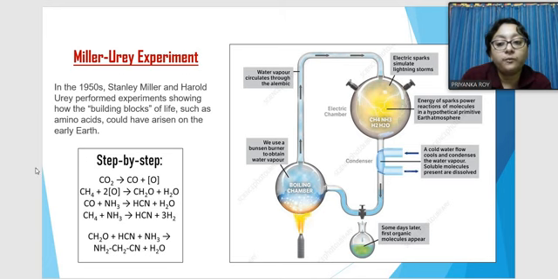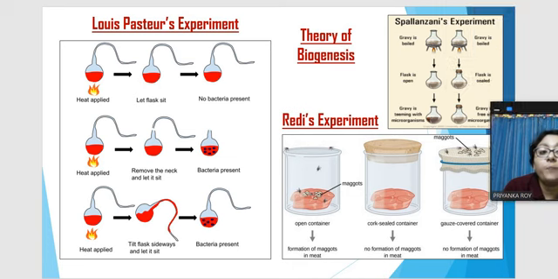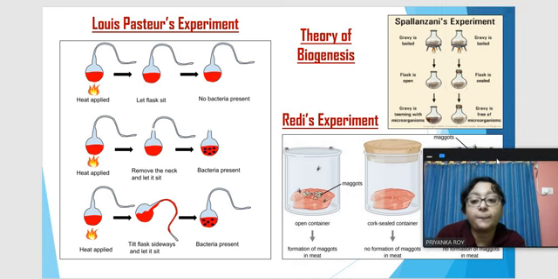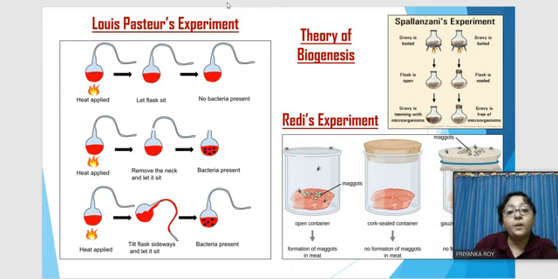So from here came the theory of biogenesis, that life can only appear from another living organism or from any other source of life, but life cannot appear from non-living matter, which was suggested by Aristotle in the spontaneous generation theory. So in the theory of biogenesis, Louis Pasteur proved by this experiment that life